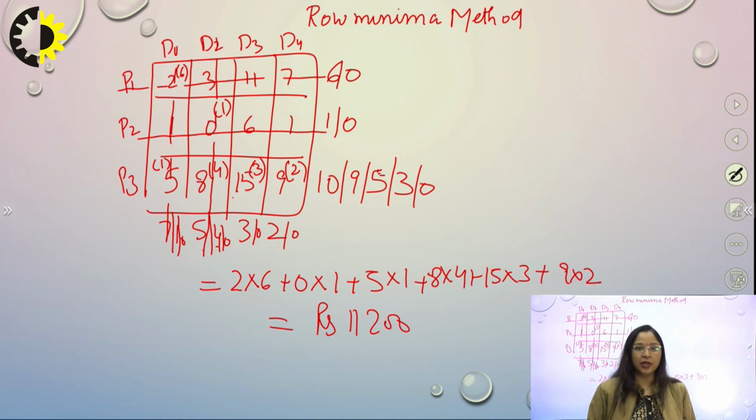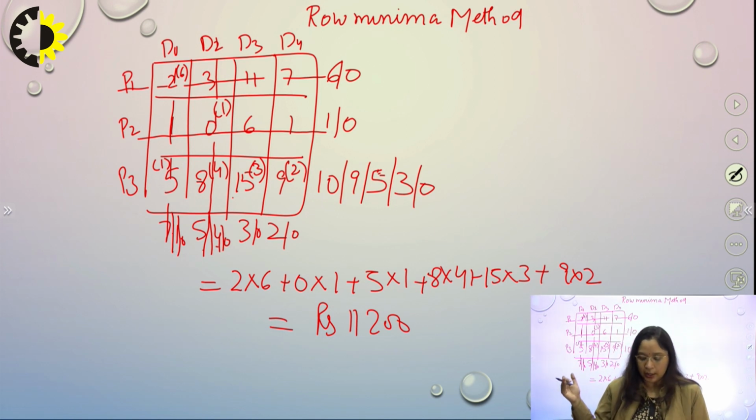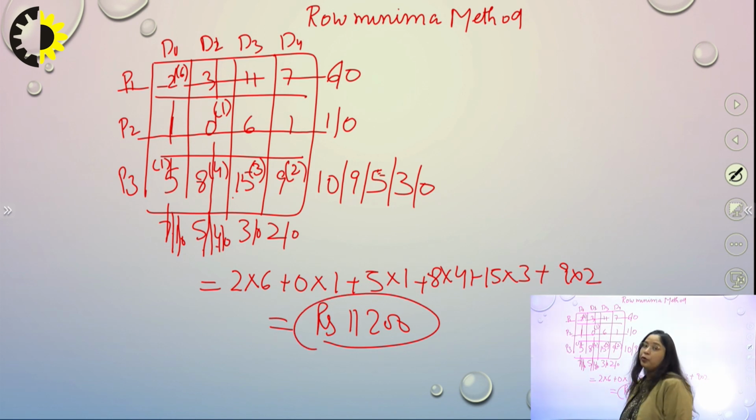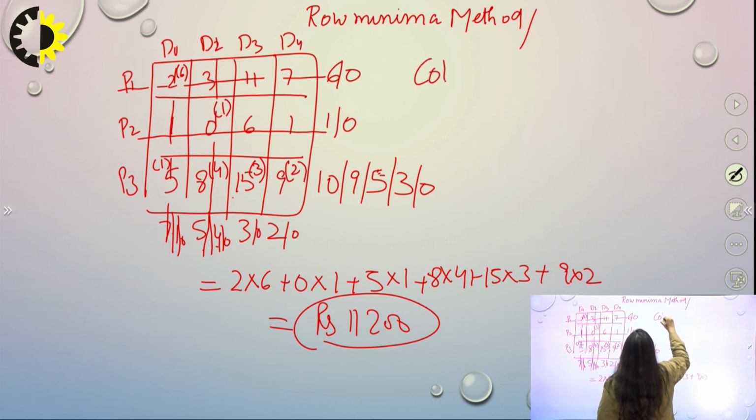It is not definite that this is better or that is better. So in the row minima method, this cost is obtained with the help of row minima. Now I will come to the third method, that is column minima, which is the same. You just have to pick out the minimum number, the minimum cost in your